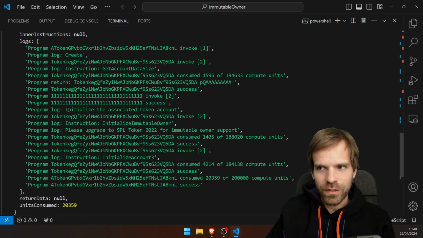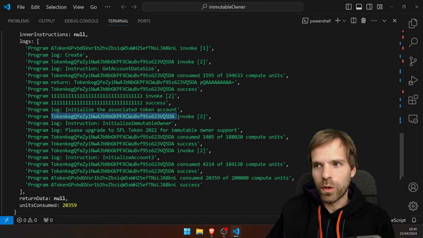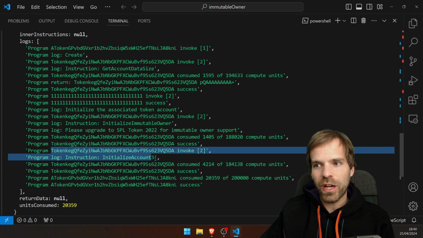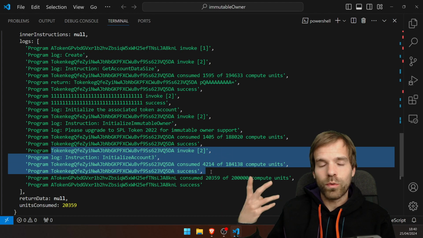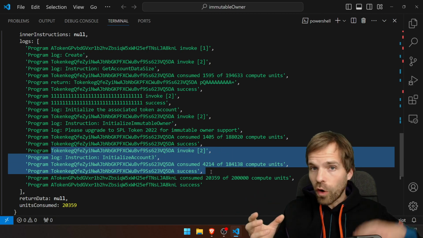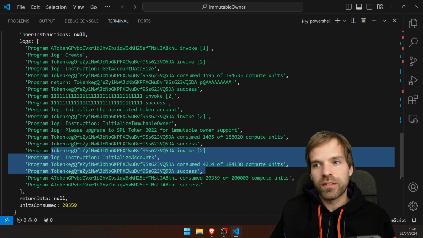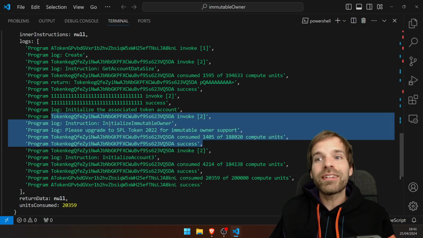And now it gets interesting again: we initialize the associated token account with the token program. And here it gets interesting. Before we actually call the token program with the initialize account 3, because that's essentially initializing the account. If I just initialize a token account from a regular account that I created earlier, I just need to call this initialize account 3. But there's another step in between where the token program is called again, and it is calling the initialize immutable